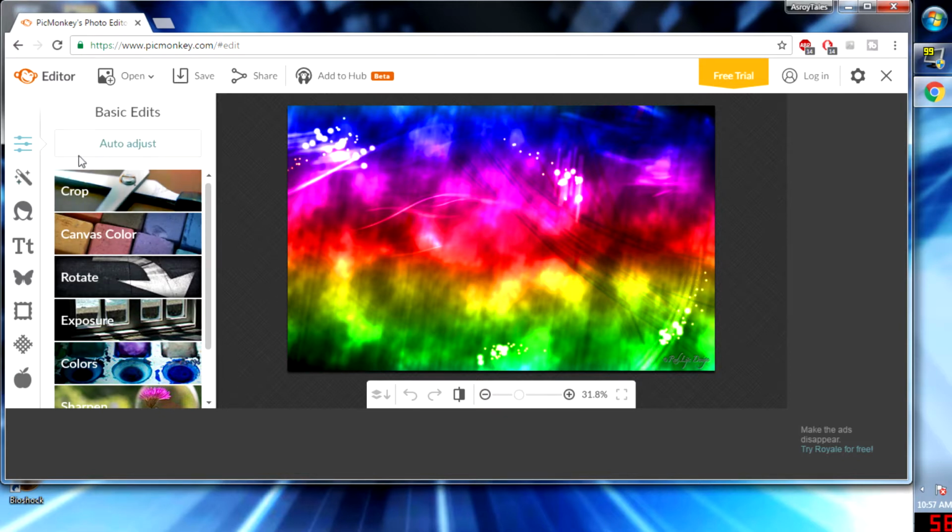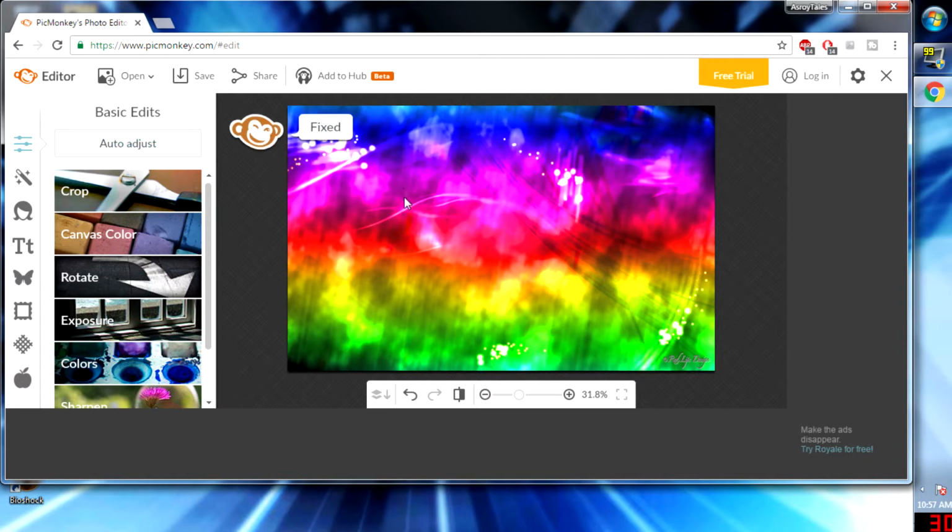Alright, besides that, there's an auto adjust setting, so you can make it auto adjusted, and sometimes it's good, sometimes it's bad. It depends. In my opinion, I don't always like their auto adjust, but